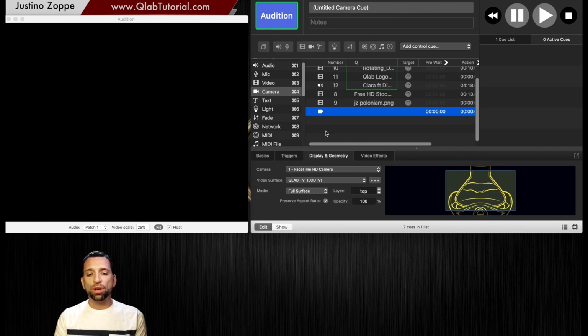And to do that, we are going to make sure that the camera cue is on patch number 1. And it says the camera you want, or the device you want, your video surface, and then your mode is full surface, and then the same thing, your preserve aspect ratio is either switched on or off. When I fire that,